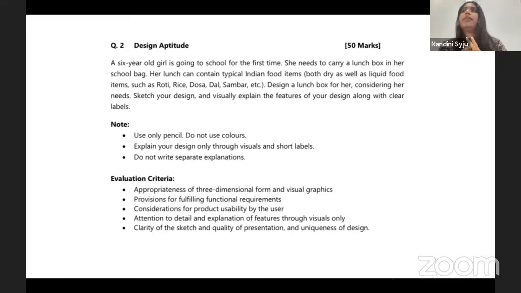And the main thing that most of the people miss out on is CMF. CMF stands for color, material, and finish, right? So basically, what it means is you're going to point at something and be like, this is going to be plastic. Or if the color is relevant, you're going to say, this is transparent acrylic sheet, right? This is going to be a metal tube. So that's how you communicate, right? That's how you put forward that this is the material, this is what it is, this is how it works, right? Because no matter how good your sketch is, you'd always want to tell them more.